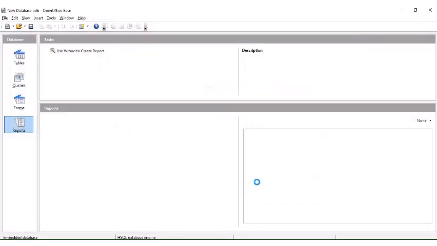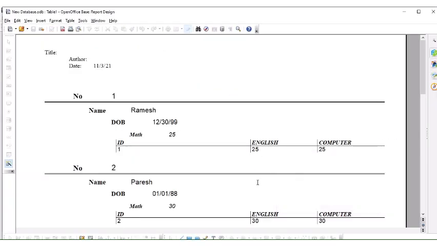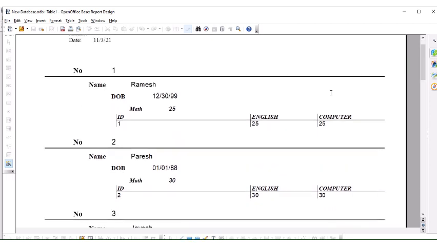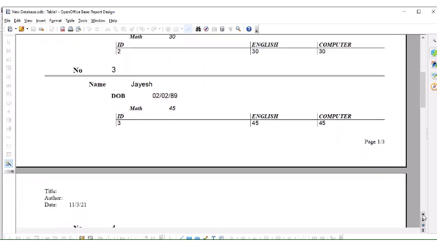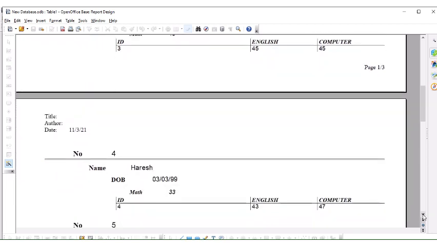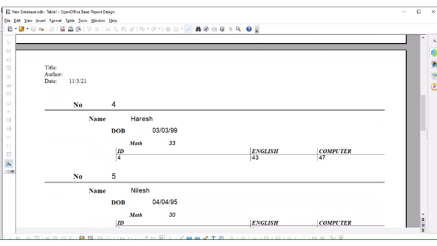So in this way you can create your reports. Look at that, you can see all individuals' or persons' reports being generated. Can you see? All right, so in this way you can take out a printout, or you can say you can get your reports. So this is it in this chapter.